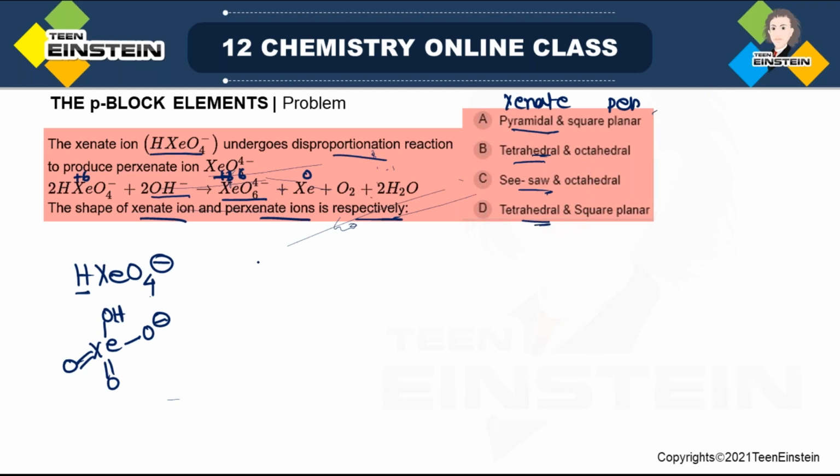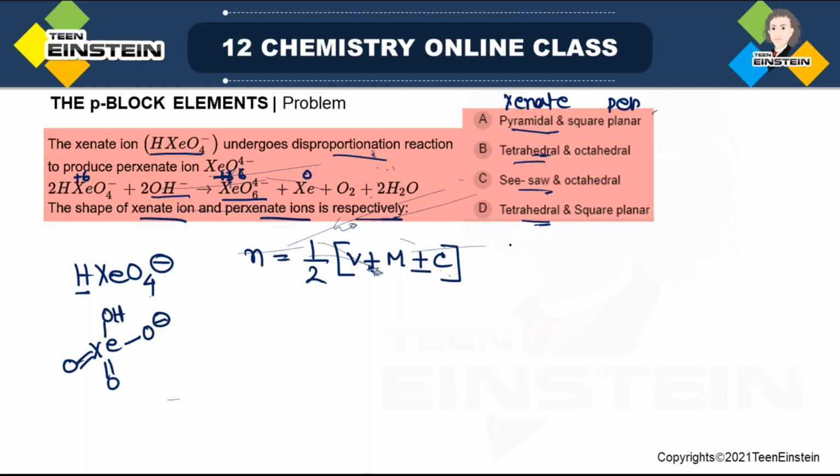To find the hybridization, we will use this formula: N equals half of the total number of valence electrons plus the number of monovalent atoms plus or minus C. That means if it is carrying positive charge, you have to subtract that charge. If it is carrying negative charge, then you have to add. Now for monovalent atoms attached, you have to consider only the bonds which are